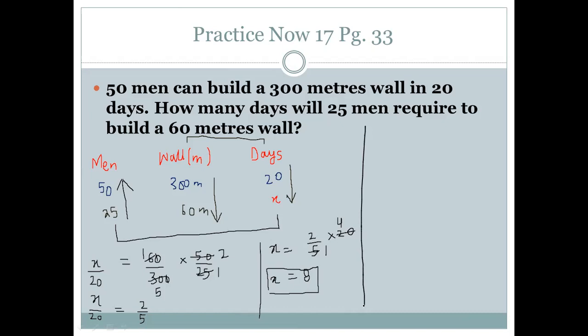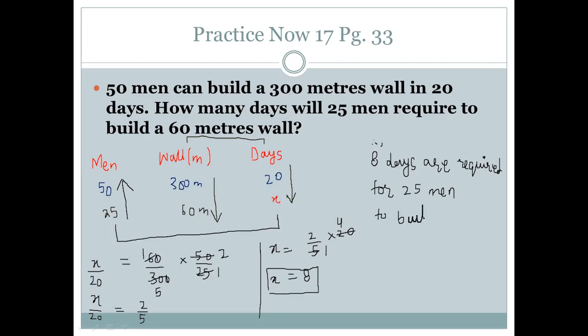All right. So I can write a statement for you all over here: therefore, 8 days are required for 25 men to build a 60 meters wall. Hopefully this is clear to you all. Now next